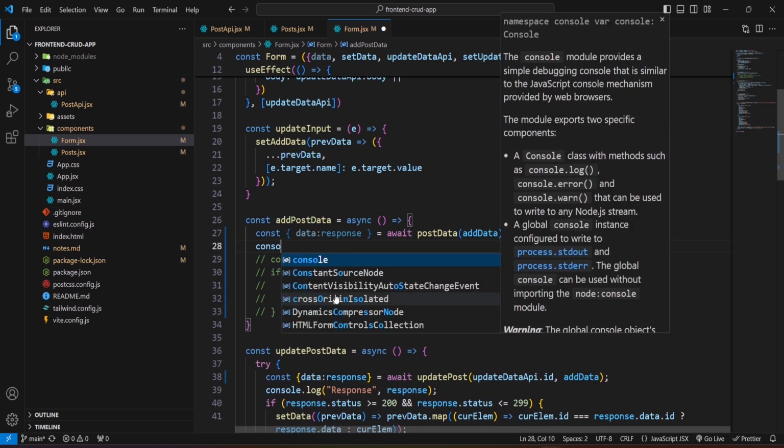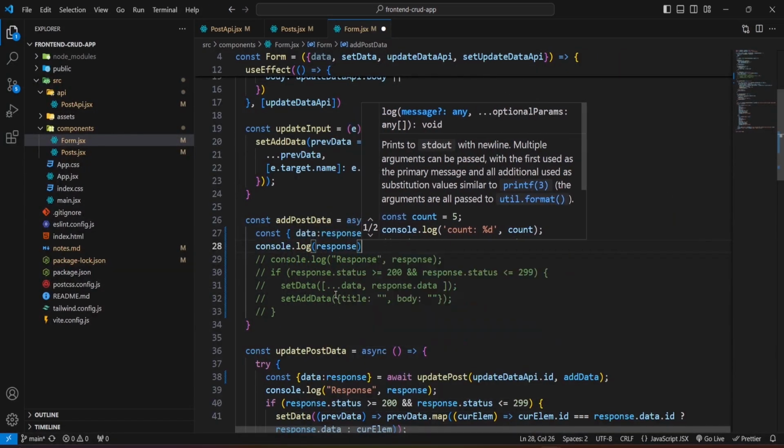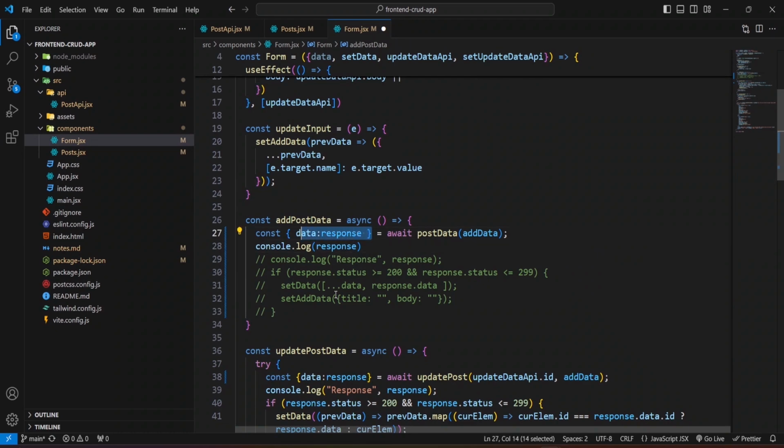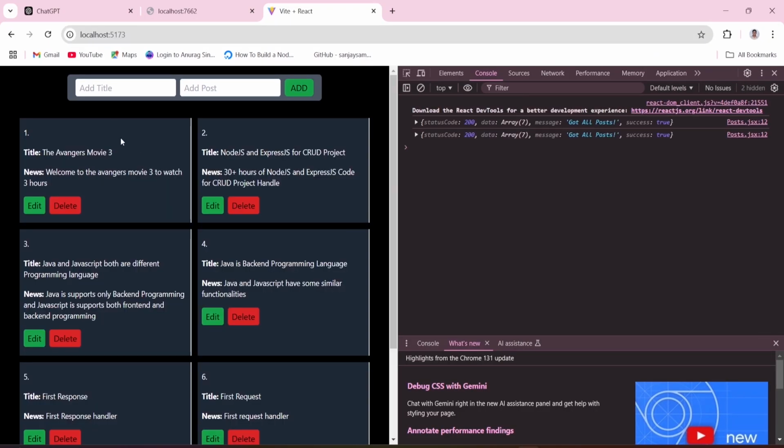If you do the console.log, this will give the response. Previously it consisted of the response. I'm going to trigger, and if you give some title, programming elements,